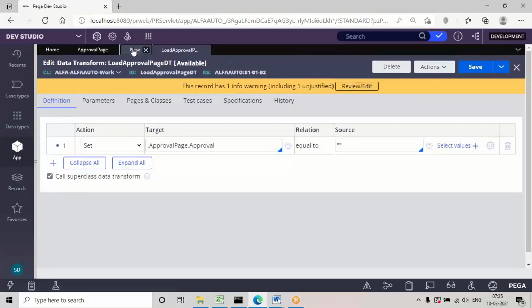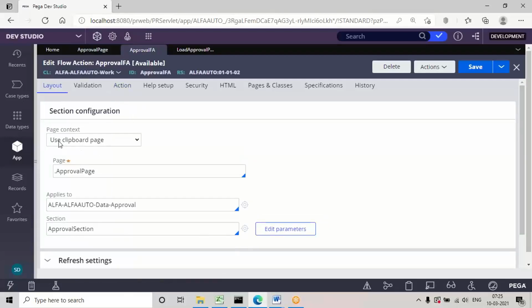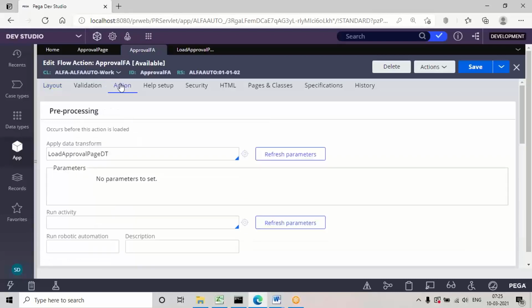Now go back to this flow action and save it. So when you directly create a section in the same class, there is no need to do these additional steps. Here in this requirement, the section is in the data class, and that's the reason we have to use this page context and additionally add this business logic.